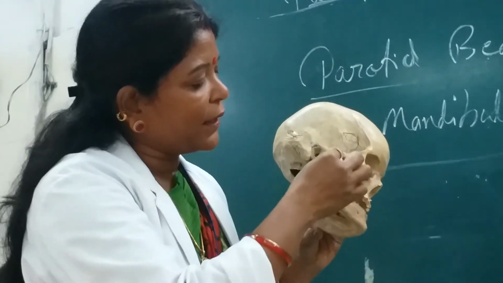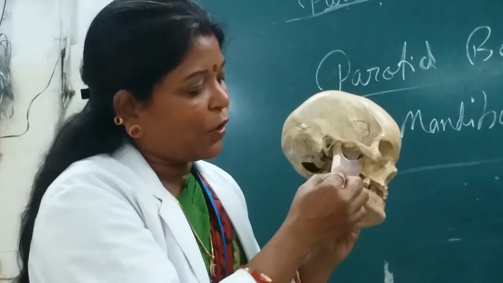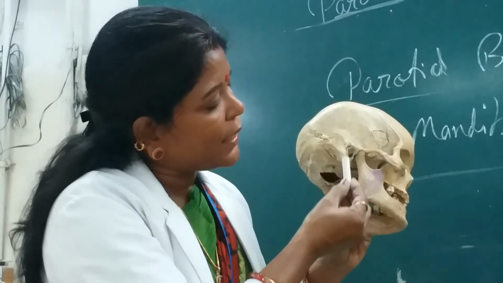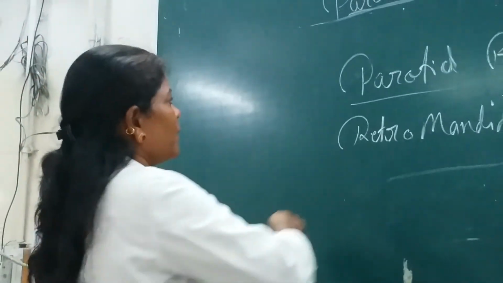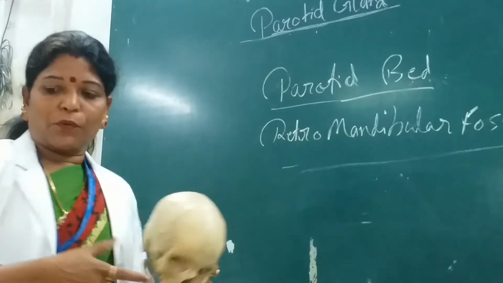Now the parotid gland is not confined here, it extends above, it extends anteriorly, and it also extends posteriorly. Anteriorly it extends over what? Over the masseter muscle. Posteriorly here there is the sternocleidomastoid, so it also extends a little bit posteriorly over the sternocleidomastoid also. Anteriorly some extension of the parotid gland is detached, and it is sometimes known as the accessory parotid gland. Okay, so that is the parotid bed of the parotid gland, or the retromandibular fossa.